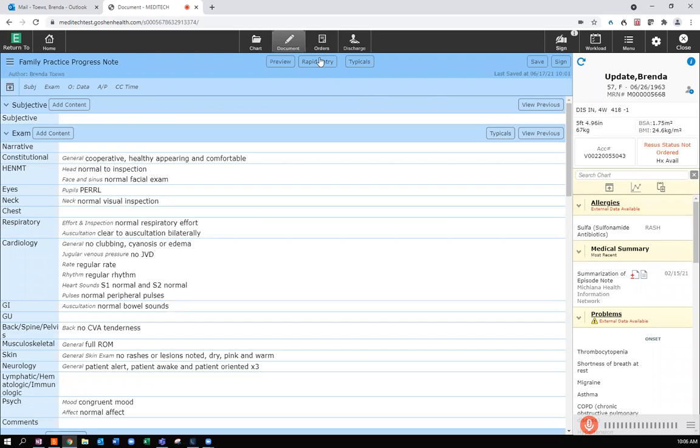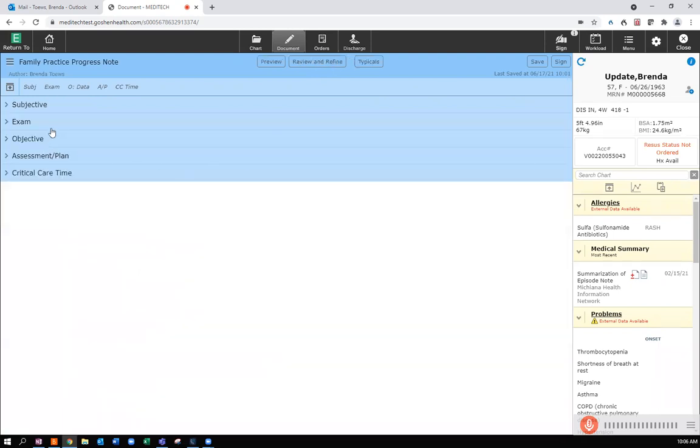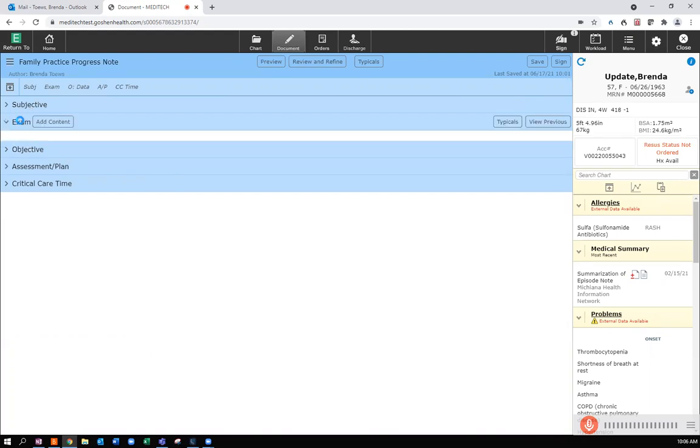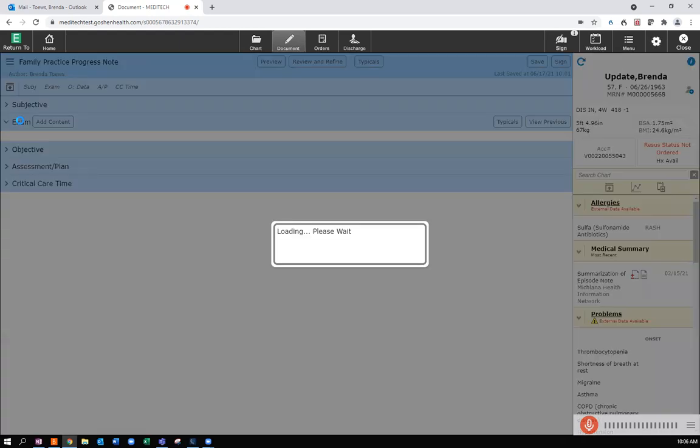The rapid entry button is a different view of each of the sections of a document. It might be used if you are setting typicals for the first time. It opens up each section, shows each section. They are all collapsed, and you could expand them. It will show all parts of the document rather than the collapsed version that is done in the review and refine. As I wait for this to open, again, this may not be used very often, so we have chosen